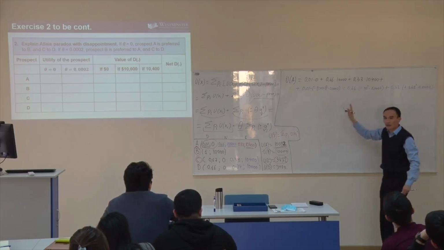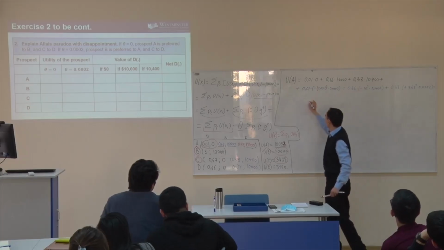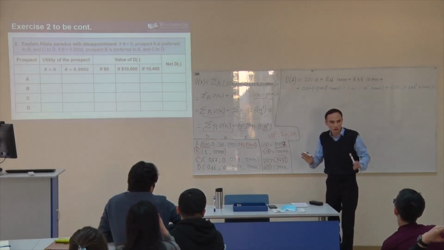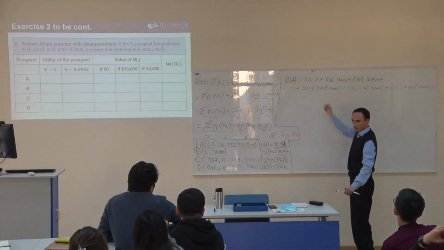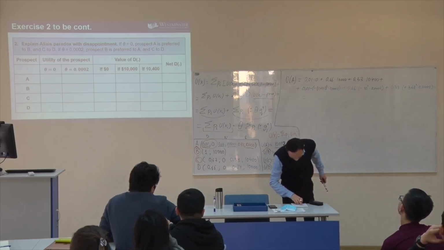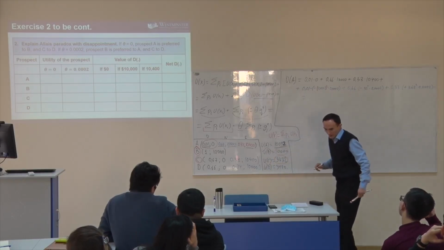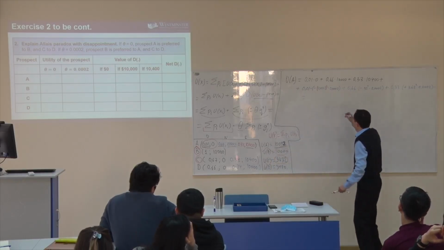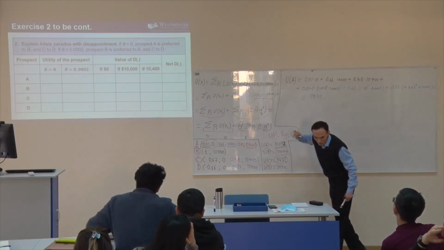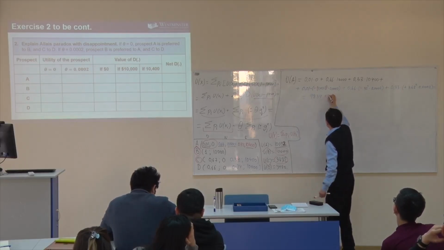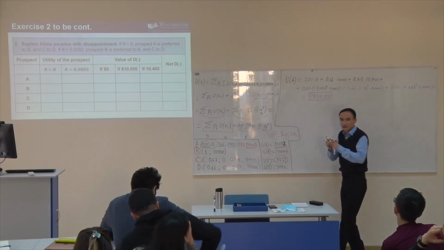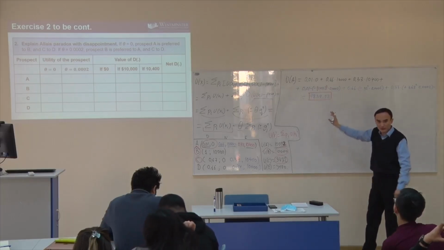Equal. Now we have to calculate this one. For calculating this one, you need calculators. Just write these numbers, put everything in the calculator and get the result. If you calculate this one, you will get the number 9,839.52. This is the result when we control for disappointment. So we calculated for prospect A.